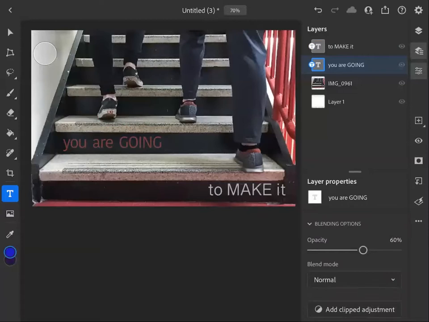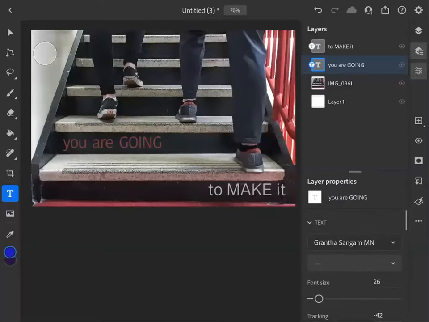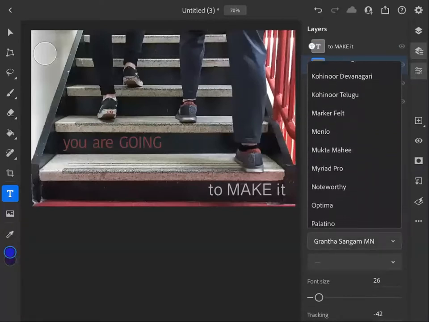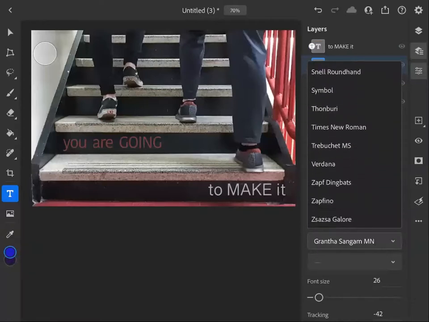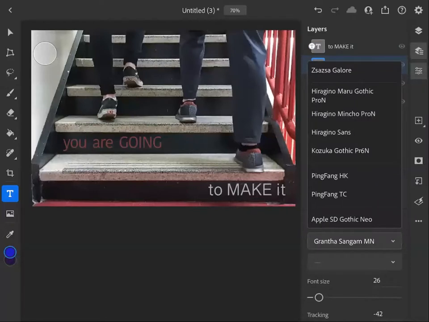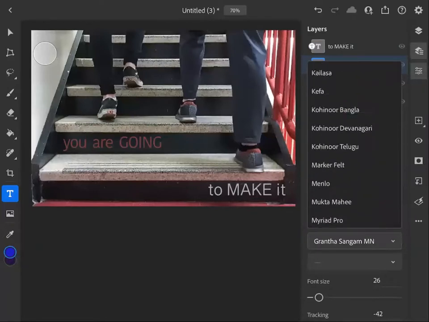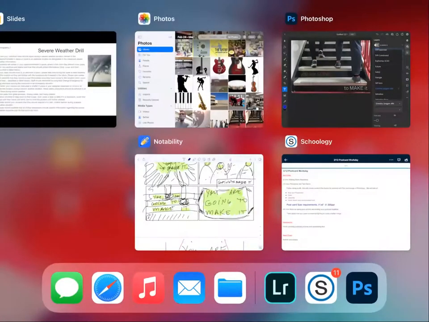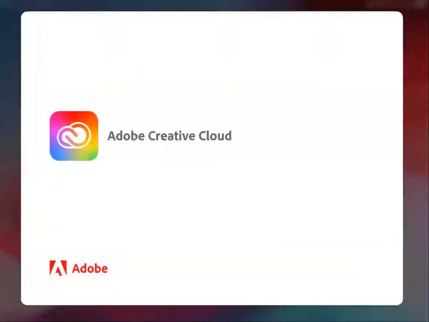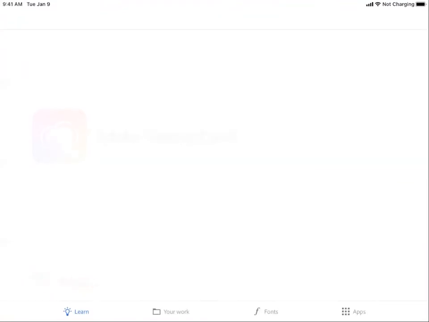Now, something fun is if you look through this list, one thing I don't like about this iPad is when you click on this font list, on the computer it'll give you a preview of the font looking at the words that you're looking at here. But unfortunately, all these words are the same typeface, so they're hard to tell apart. But if you have downloaded this Creative Cloud app, check this out. How fun is this? Part of your